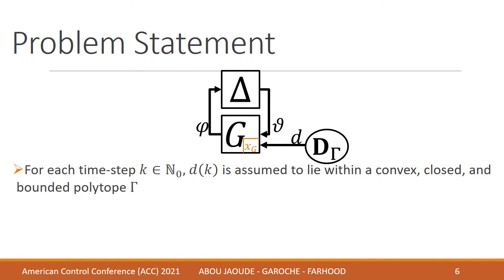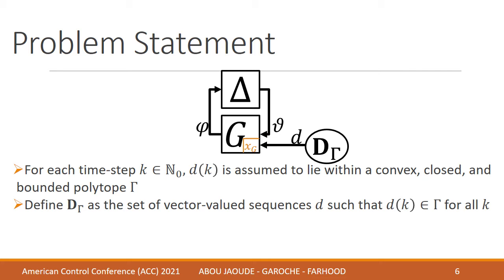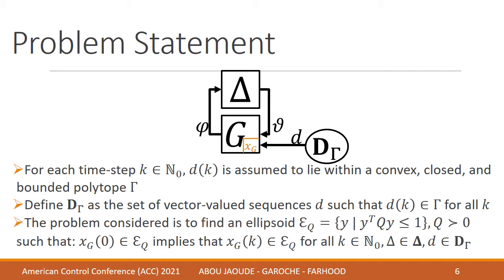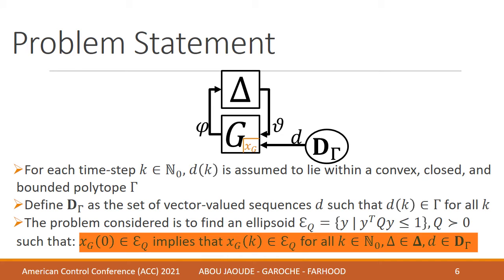The disturbance input dk at time step k is assumed to lie in a convex, closed, and bounded polytope denoted by gamma. Accordingly, we define the set d gamma as the set of vector-valued sequences d such that dk is in gamma for all k. We are now ready to formulate the problem of interest. Namely, we want to find a positive definite matrix Q and the associated ellipsoid EQ such that if xg0 is in EQ, then xgk is in EQ for all time steps k,